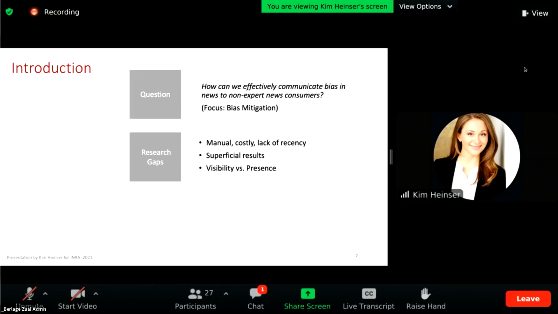So the idea here is just overall making navigating through the news space a little easier with the prevalence of biased information, of articles trying to influence readers. And the focus here is not to prevent bias. So the idea is not that bias is something that we can just erase, but the idea is more to mitigate it. So to make it visible and then to give consumers better choices and a more well-rounded opinion.